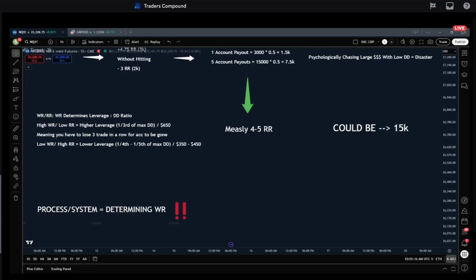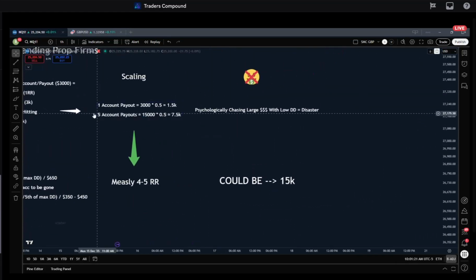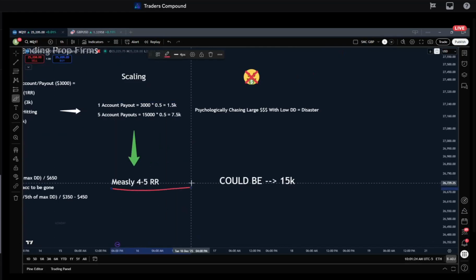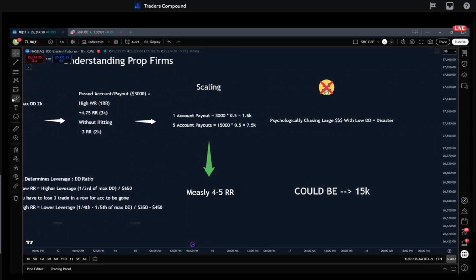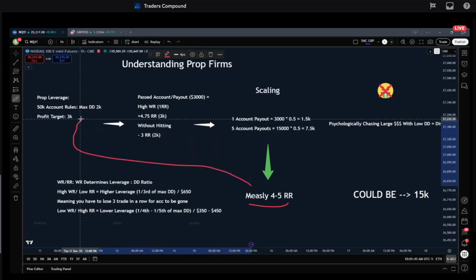Okay. So I don't want could-be's in my trading. Like I said, everything is technically a could-be. This 4 to 5 R is an average of the compiled callouts and live executions taken, but this is very realistic. Very, very realistic, right? This 4 to 5 RR is obtained, and it has been obtained. The reason I'm using this as an example is because this is real data from Traders Compound. The 4 to 5 RR has been obtained without a $2,000 max loss limit, not once.